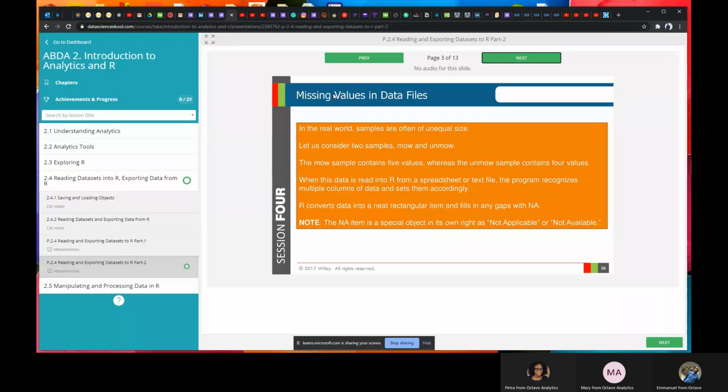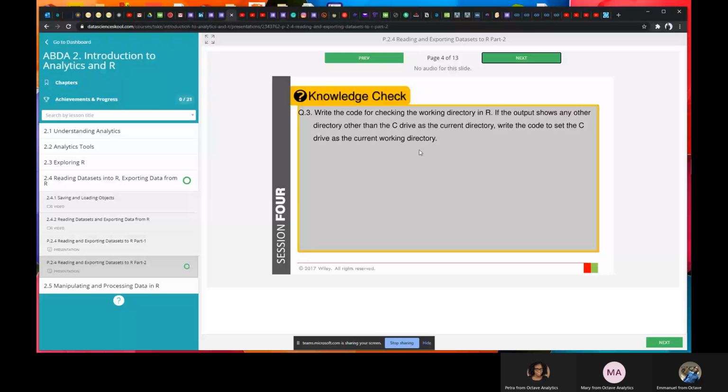So what we're saying in essence is that maybe you have two vectors and R arranges both of them together like a kind of data frame. If they are different lengths, so let's say A is of length 5 and B is of length 4, then the part of B that is not complete is going to be filled with NA so that it can be compatible for a data frame.